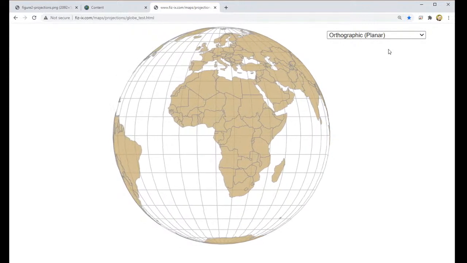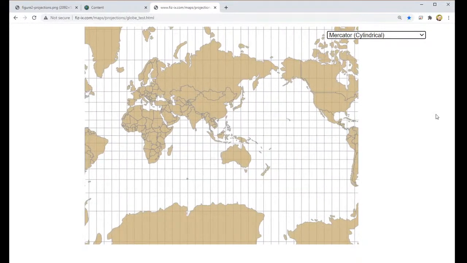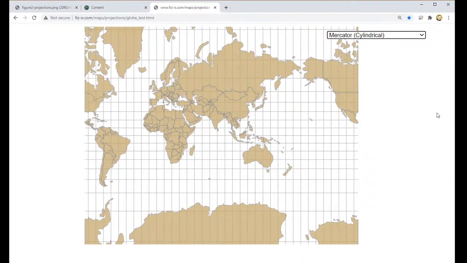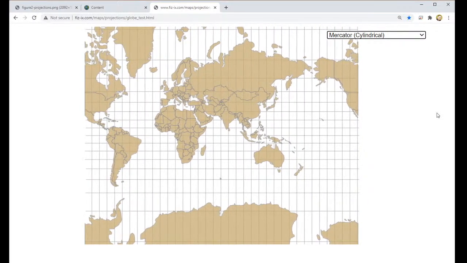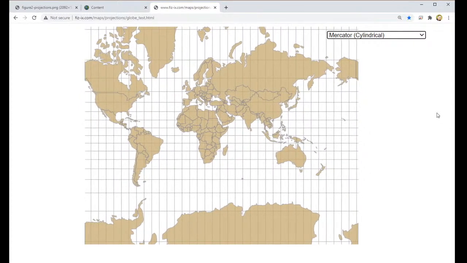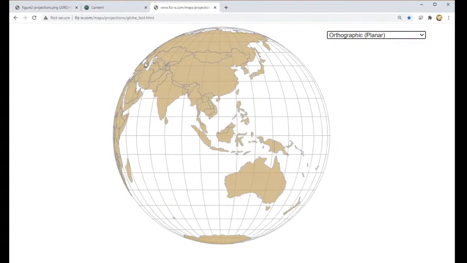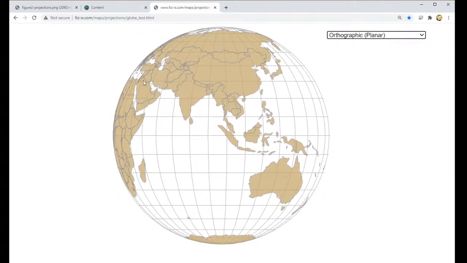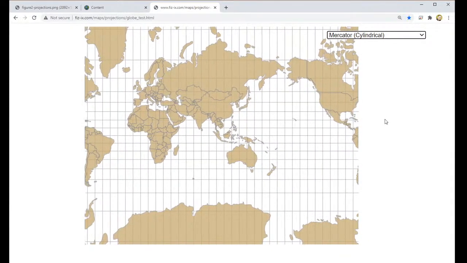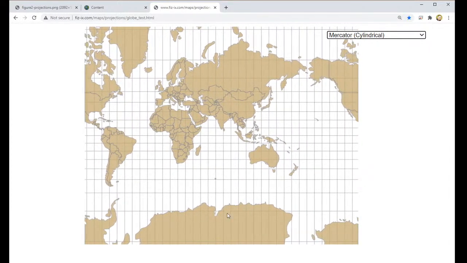Okay, let's change it. So the Mercator projection. This is what you get when you take the Earth and project it onto a cylinder and then unravel that cylinder. Remember I said that all projections lead to distortions. So let's go back here. Here it's obvious the distortions are at the edges. Things are not the shape that they should be. Look at this. Here the distortion is near the poles. It's insane. Antarctica is not this big relative to